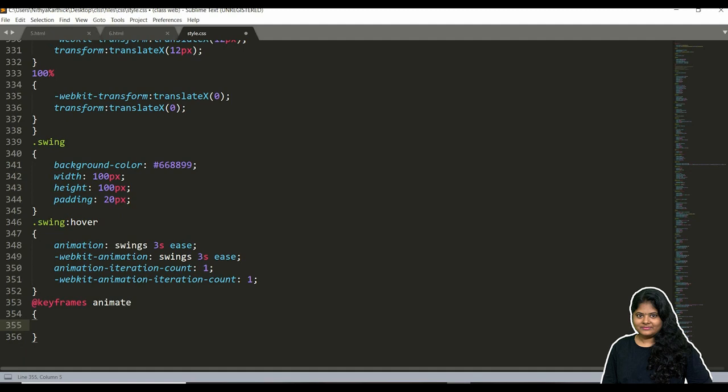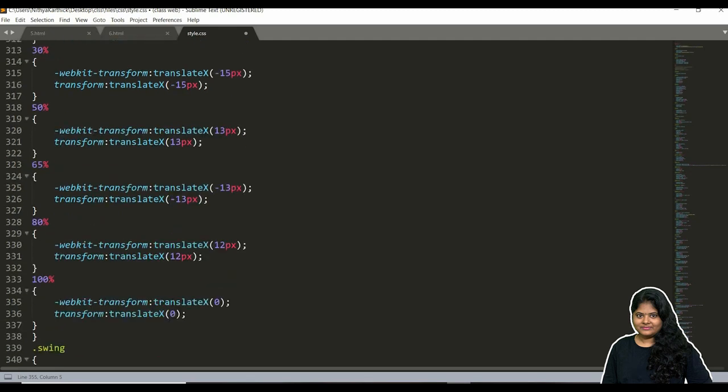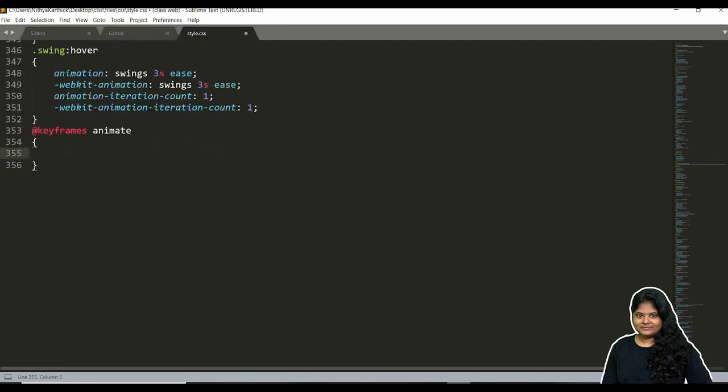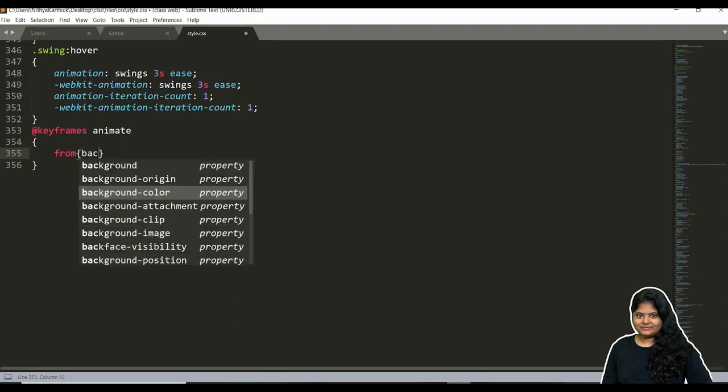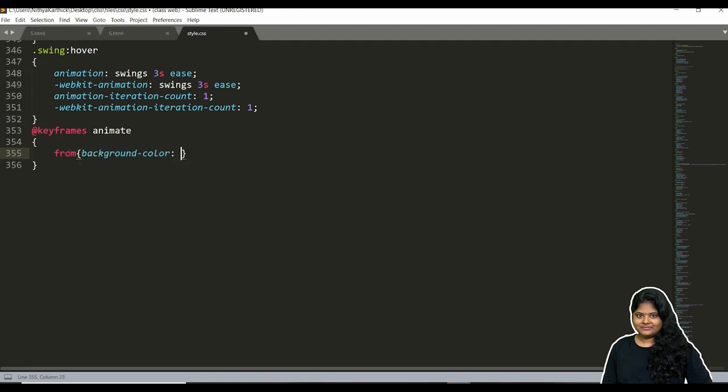So in the previous example we have seen this percentage, right? So now we can see two keywords, that is from, okay, from background. So we're going to change from one background color to another background color.